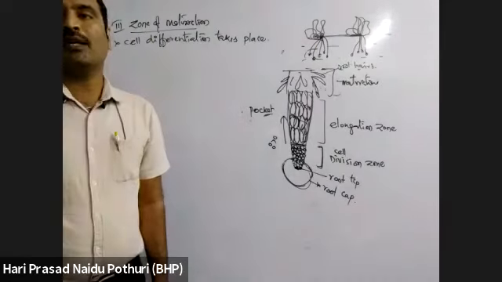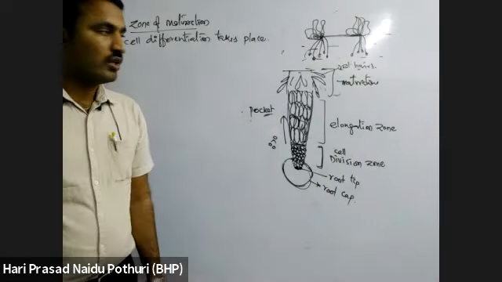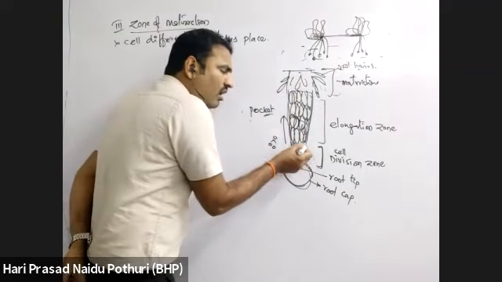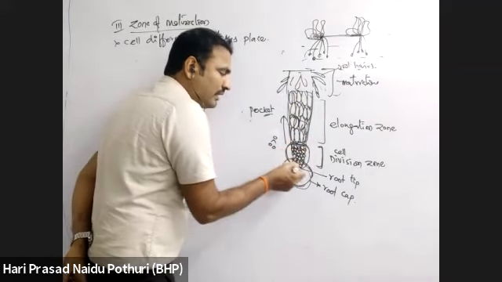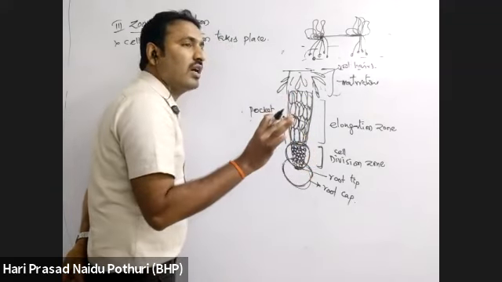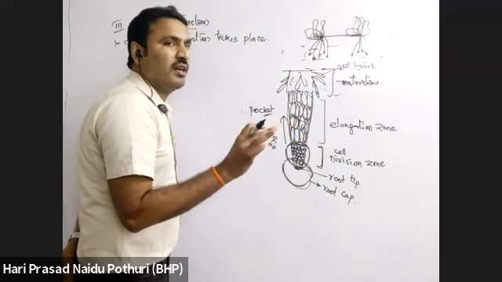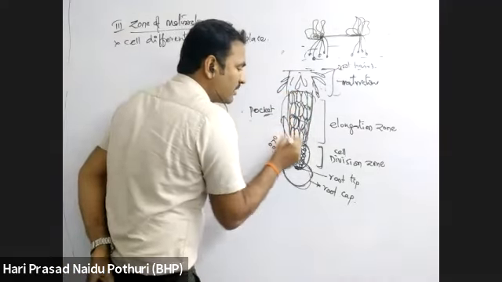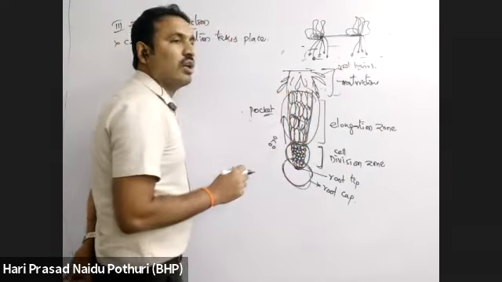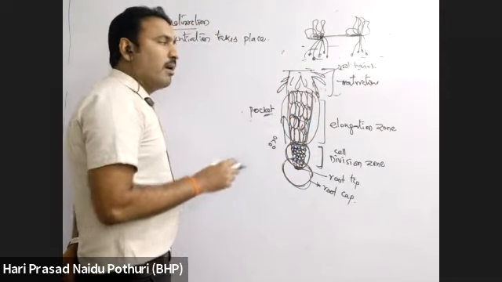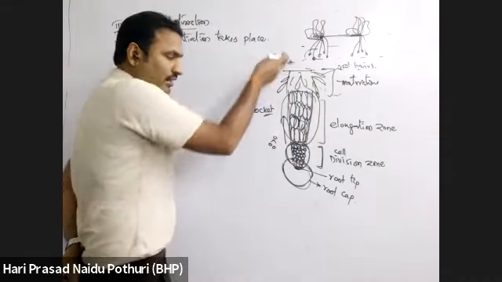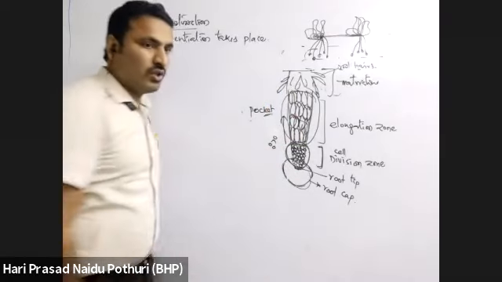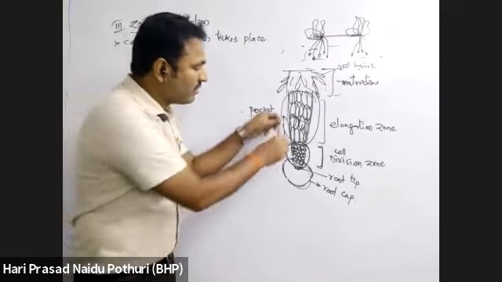What are the permanent cells here? Usually, if you see, all the cells which are present in the cell division zone are clones. Clones means identical or similar. And all the cells which are present in the elongation zone are also similar. But here, the root is growing in this direction. Root is growing in this direction means suppose this is the root.